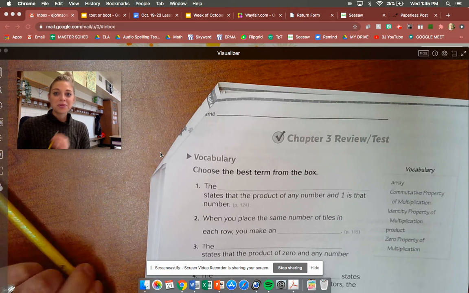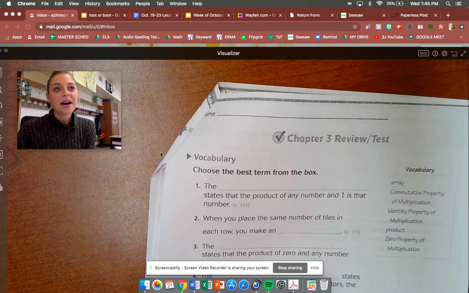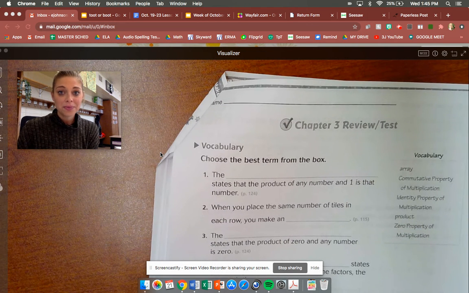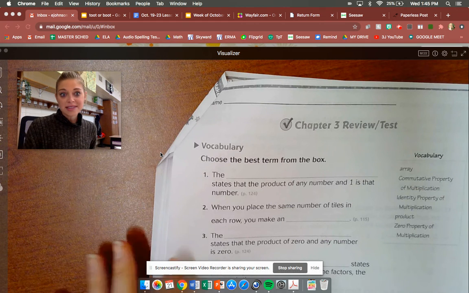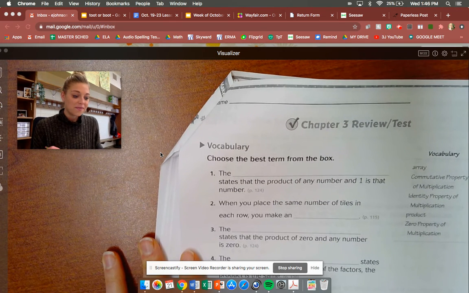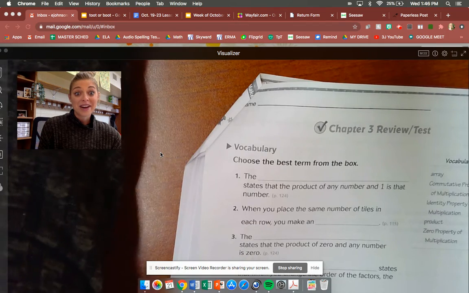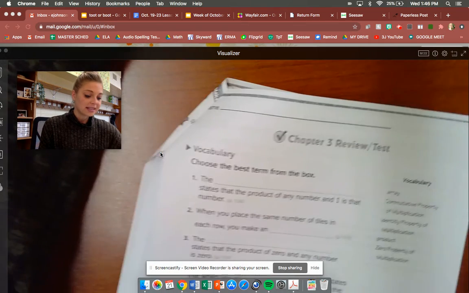Now, for our Chapter 3 test, you will be taking that on Thursday. If you're in A group, you'll be taking that at school. And if you're in B group, you will be taking your chapter test on Friday. Okay, so we have 2 days of review. We have today and tomorrow of review, and then we'll take our test when you come to class on Thursday